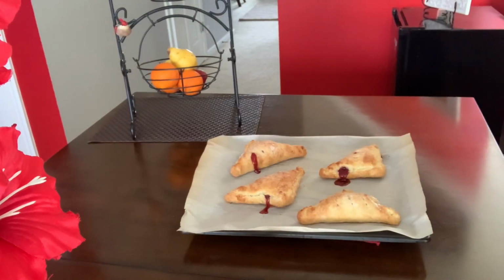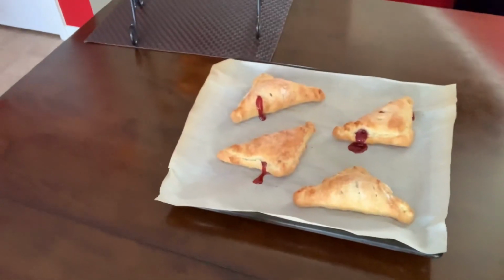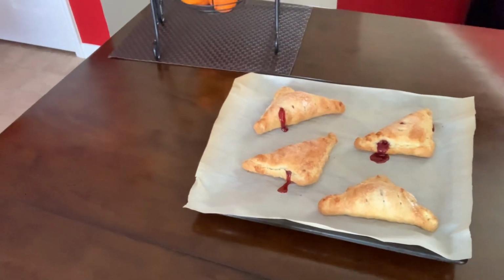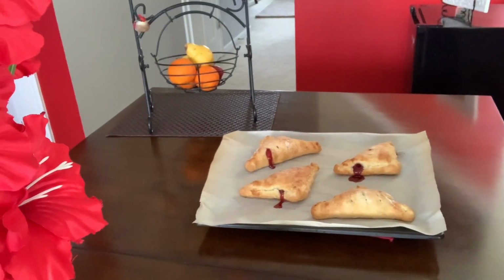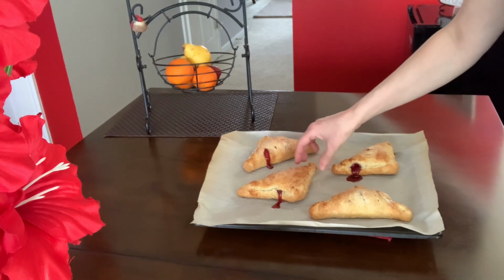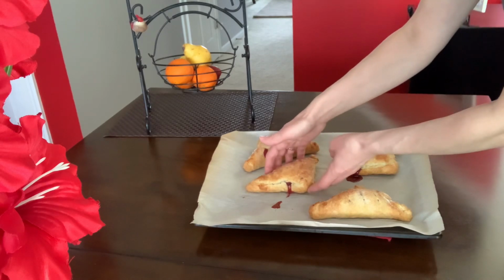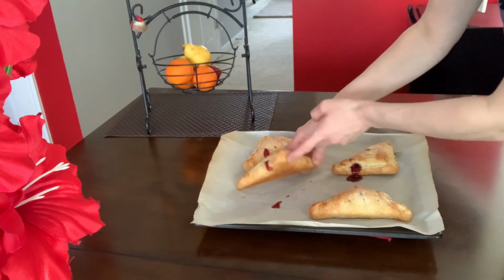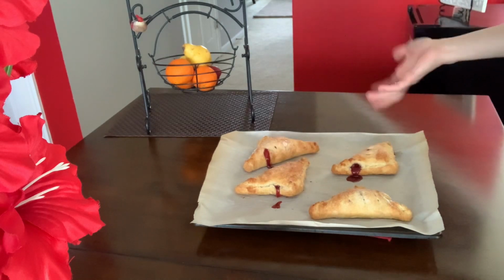And here they are, out of the oven, just baked. Look at that beauty. Gorgeous. My cherry turnovers, they have baked for 28 minutes, and they look amazing, as you see. Very light. They're just very hot. Look at that. Beautiful. Very light, puffed up,